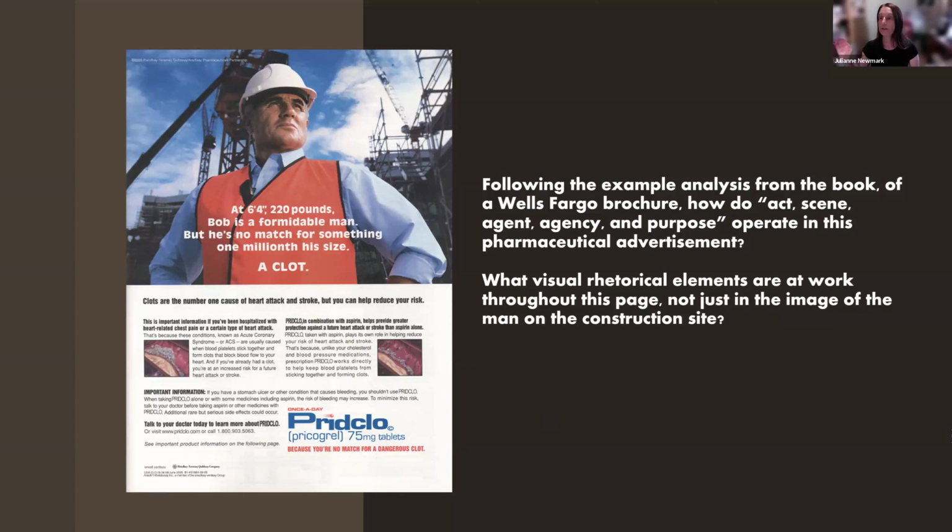Can you identify all of these, act, scene, agent, agency, and purpose, here? So through what visual rhetorical elements, the ones that are at work throughout this page, do we see the message constructed in this advertisement? There is some clear logos-driven appeal here, but there's also this sense of the agent and that agent's agency